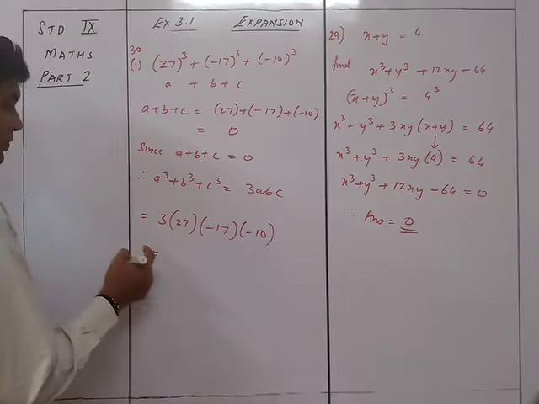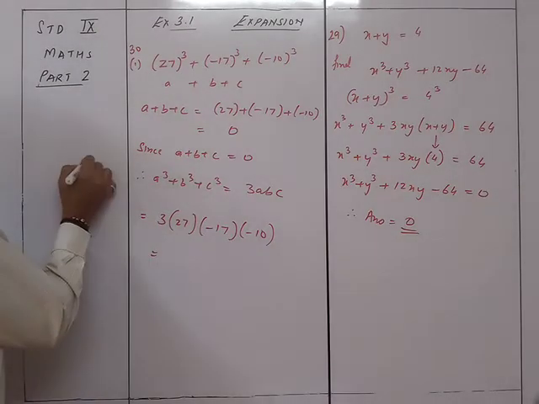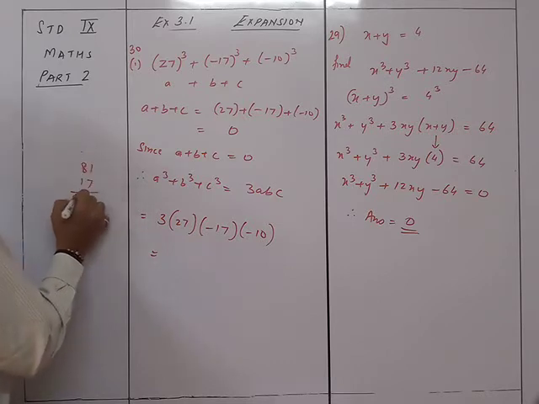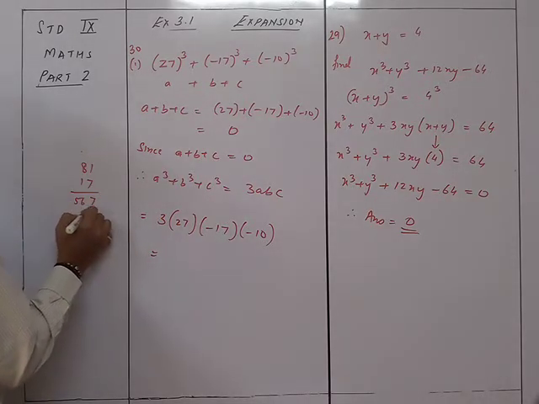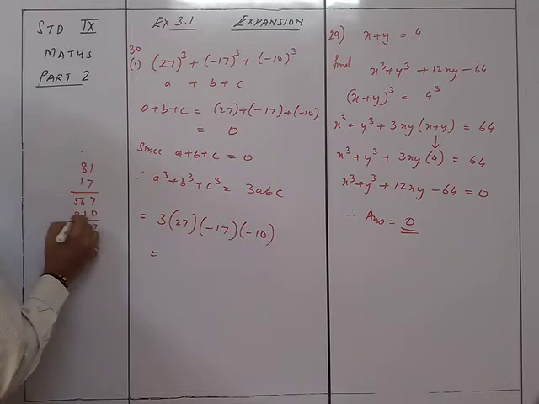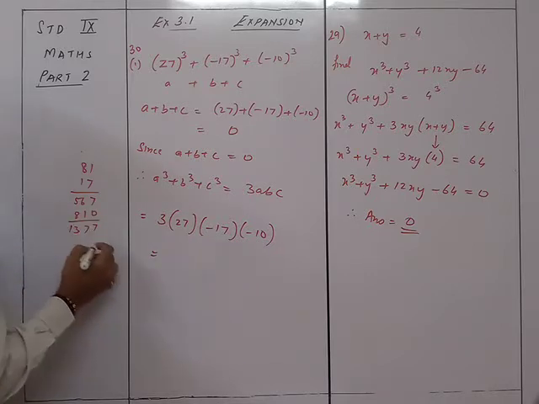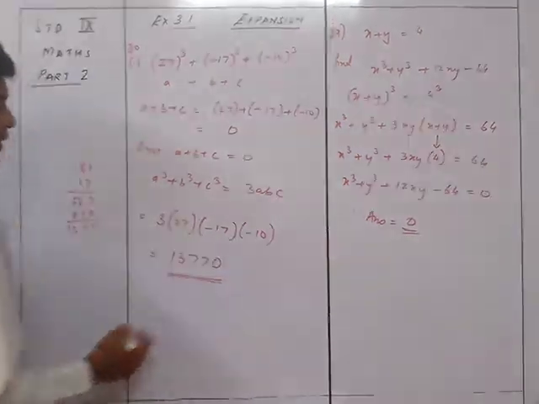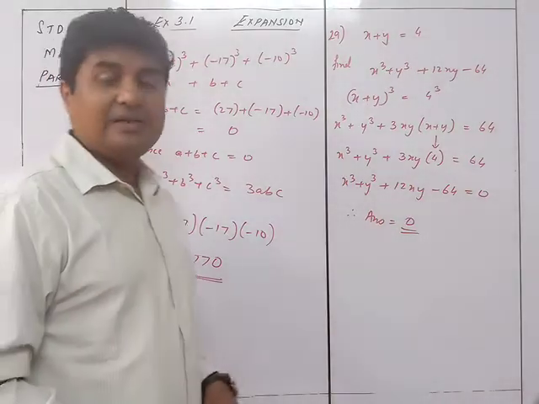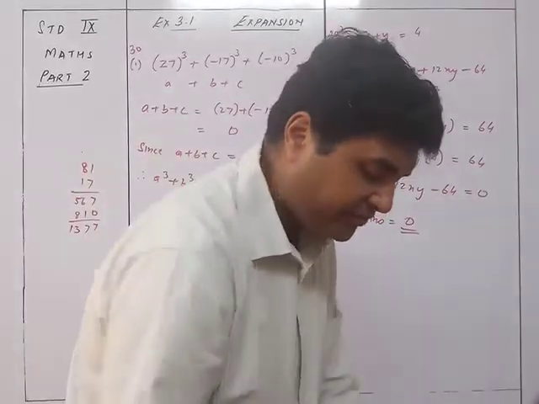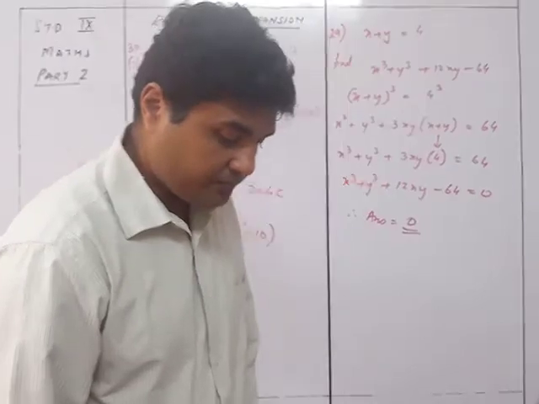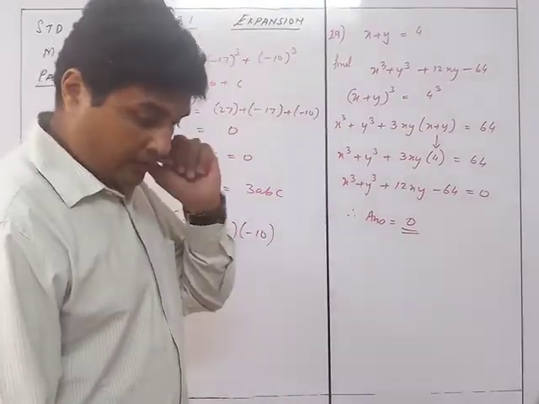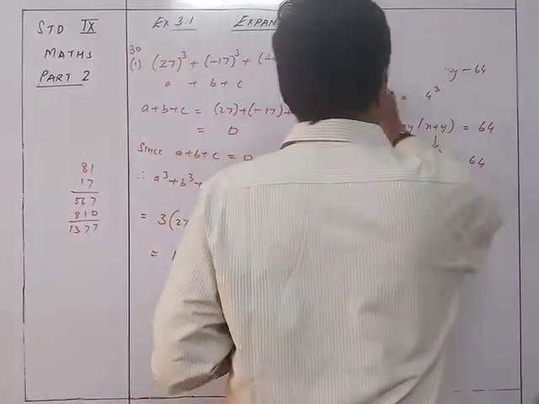So of course you need to write it down and do it. 27 into 3 is 81. So 81 into 17 is 1377, and with the 0 it will be 13770. That will be the answer to sum number 30, the first one. So 13770. The second one is the same way; it will be 0, and then you just multiply. Now we move on to sum number 31.